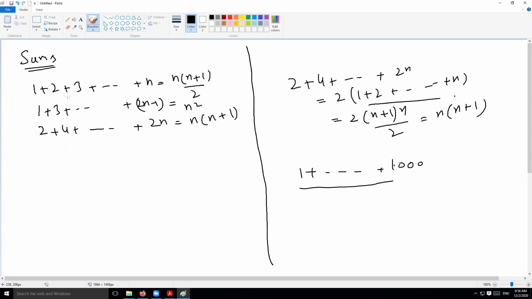Anyway, so that's one thing. So this is proven, this is proven, this is also proven, so we don't need to prove it. The next is 1 square plus 2 square plus so on and so forth, n square, the sum of the first n squares. So this sum, I guess it is equal to, does someone remember?